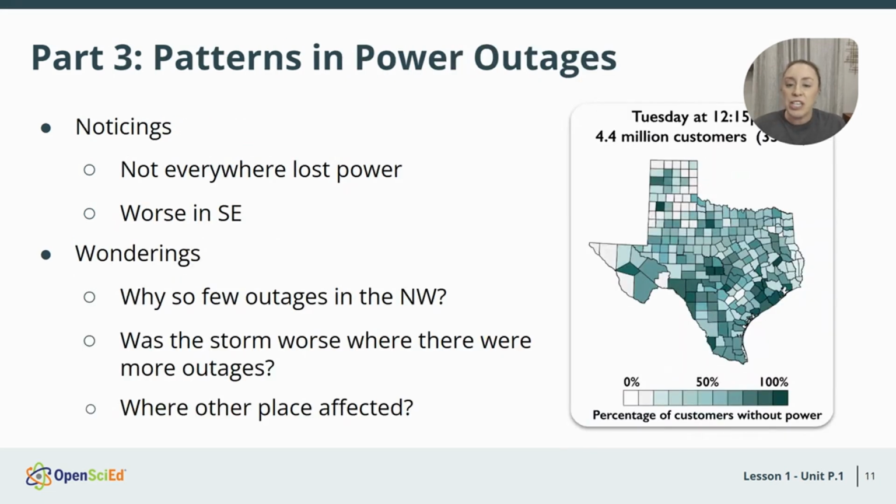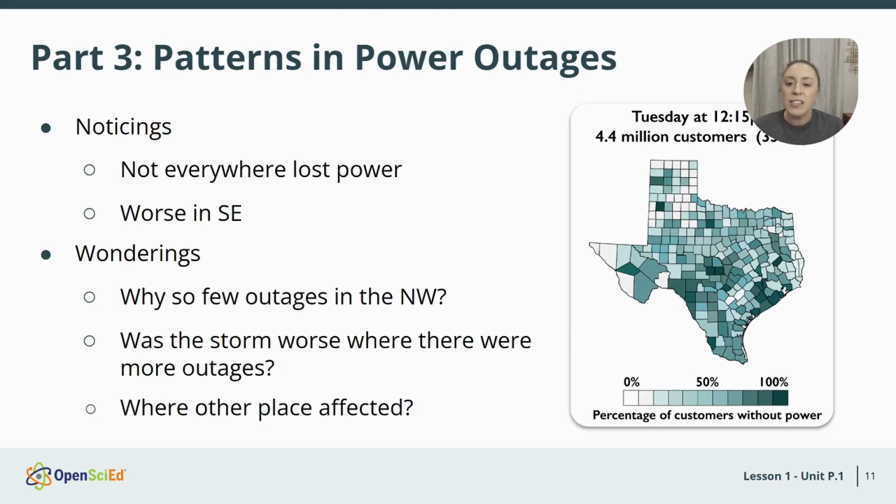From here, we start to look at some data. We realize that there's some contradictory information in some of these articles in terms of what happened, when our articles were from different days. There's a little bit of a blame game being played in some of these articles as to what caused this blackout. So we decide to look at some data and we create some noticings and wonderings,